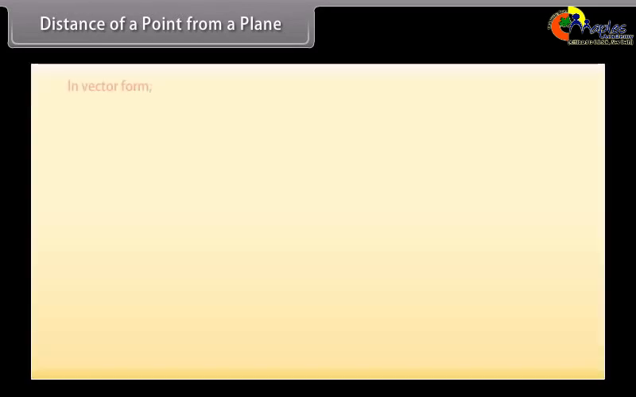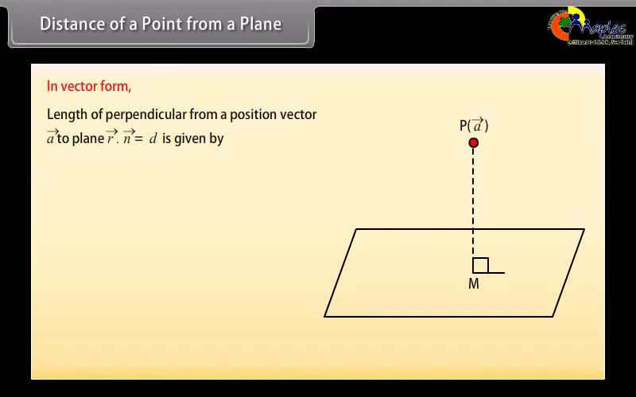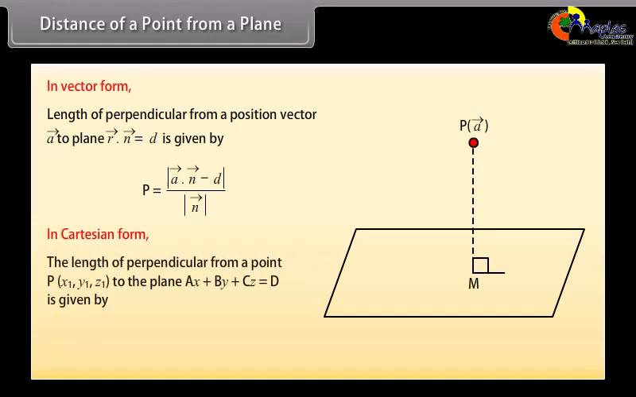Distance of a point from a plane. In vector form, length of perpendicular from a position vector A to plane dot product of vector r and vector n equals d is given by, in Cartesian form, the length of perpendicular from a point P, x1, y1, z1 to the plane ax plus by plus cz equals d is given by